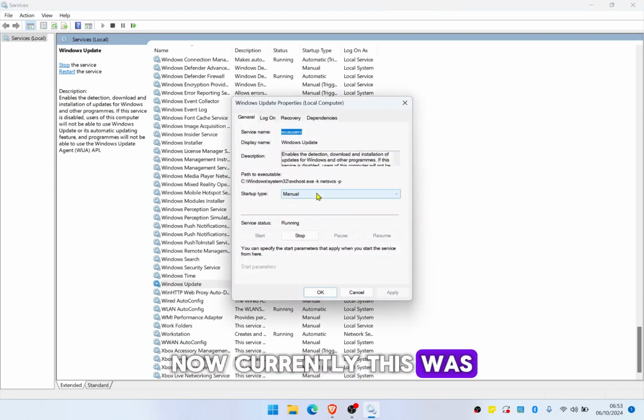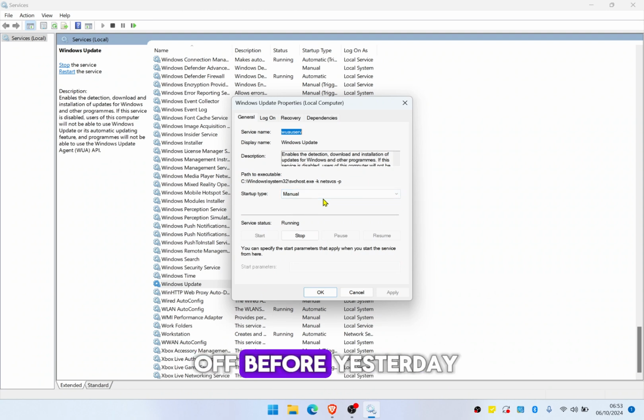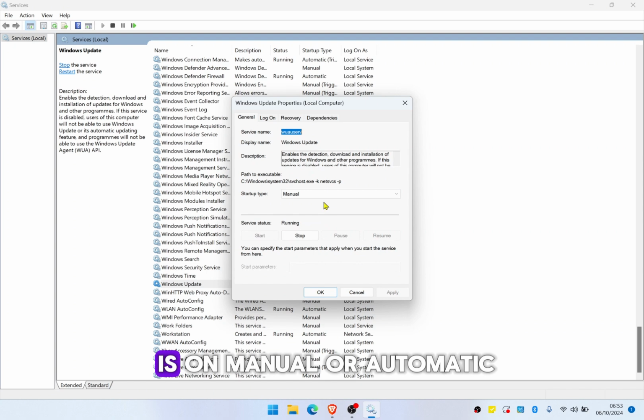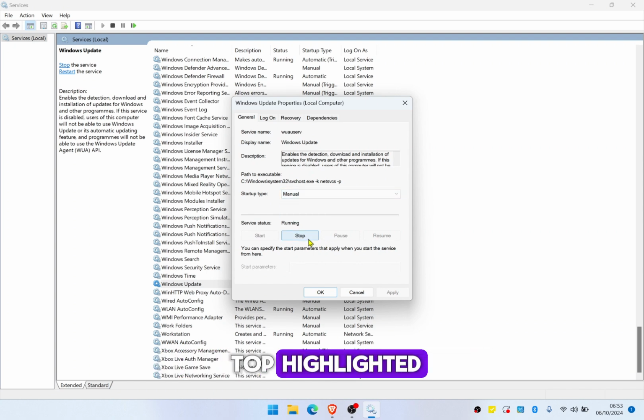Currently this was switched on again by default. I switched it off before yesterday, but it's on again. That's why regularly when you switch on your PC before connecting to the internet, always come here to check. Once this is on manual or automatic and you see the service status shows running, that means